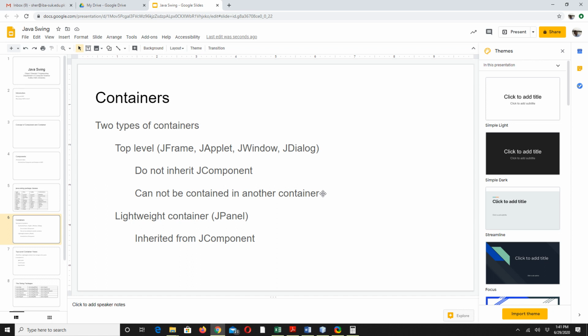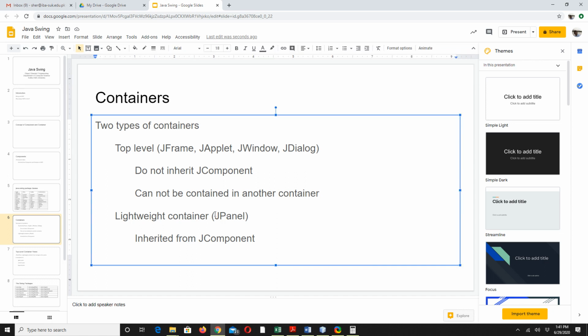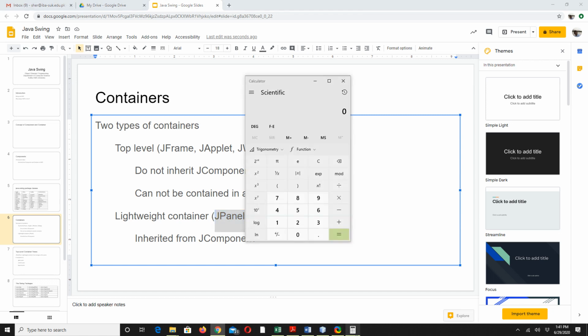But then there are some lightweight containers which are not top level. We call them lightweight. One of them is JPanel. So JPanel, though it is a container, is inherited from JComponent. It means that it can act both like a container as well as a component. So probably in this calculator, this whole thing might be a panel.